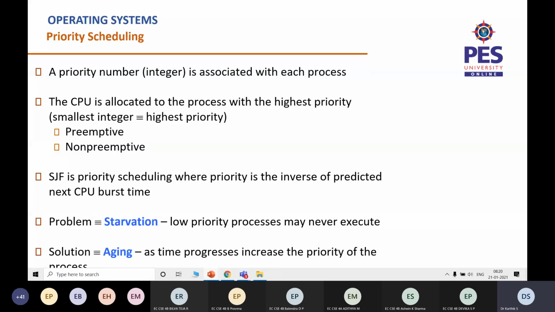Because of this solution, what will happen? After a certain period of time, the priority of a low priority process increases, and even if a higher priority process comes, it will still get the processor because its priority would have become much better than that of the high priority process. In such cases, the starvation problem will get over. Of course, it will still wait for a longer duration, but not too long, and it is not like it will never get a chance to execute. That kind of problem can be solved with this technique of aging.